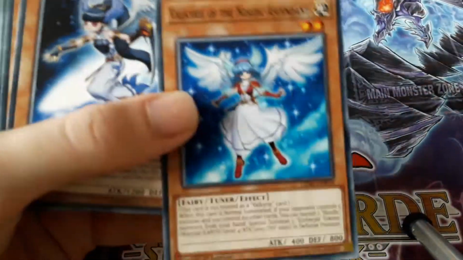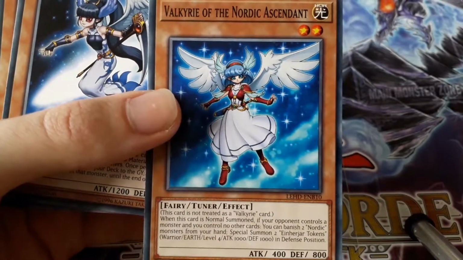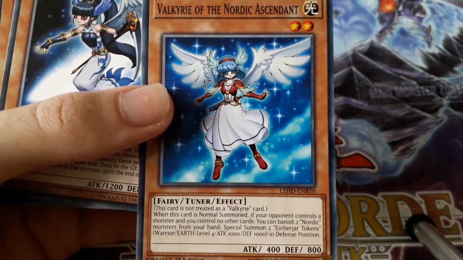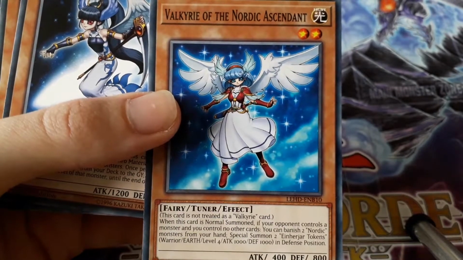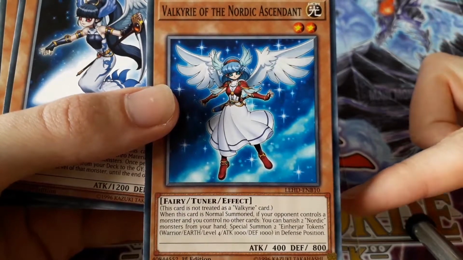So first, we'll start off with our tuner monsters, then our monsters, then spells and traps, then the extra deck. So first we have Valkyrie of the Nordic Ascendant. And this card is not treated as a Valkyrie card. When this card is normal summoned, if your opponent controls a monster and you control no other cards, you can banish two Nordic monsters from your hand, and special summon these two tokens shown in the description in defense mode